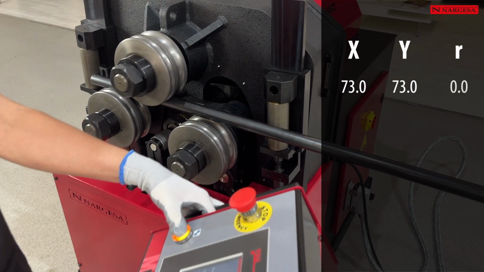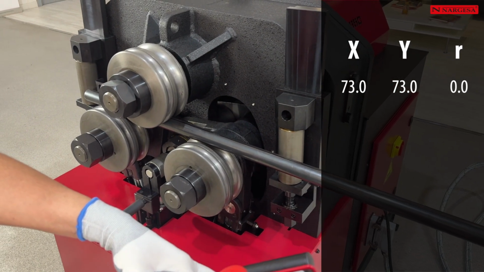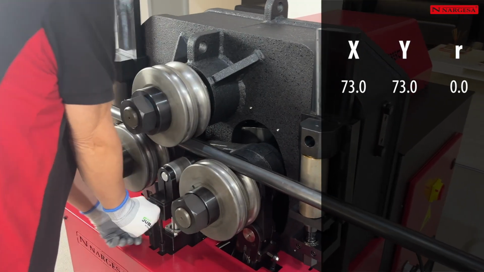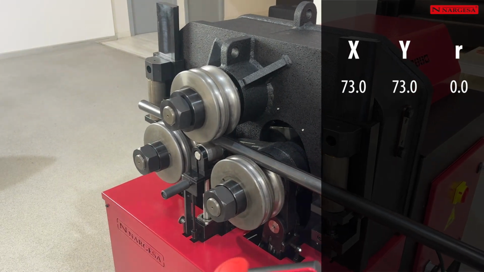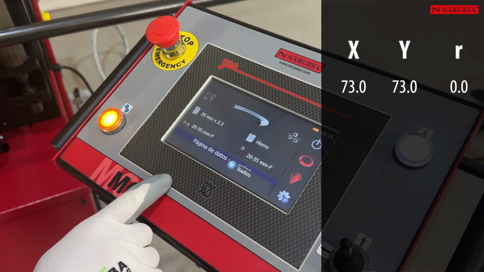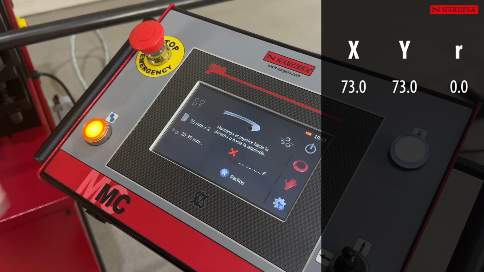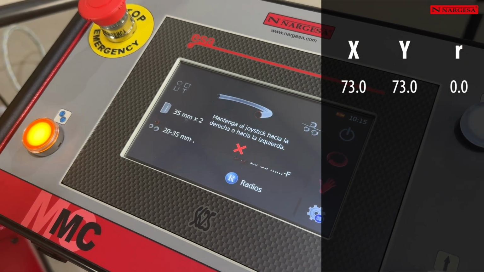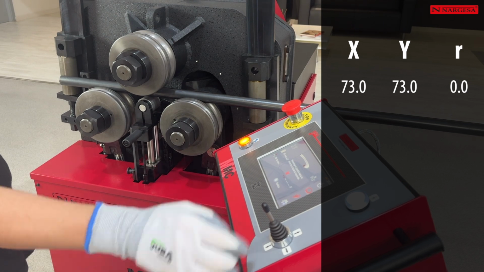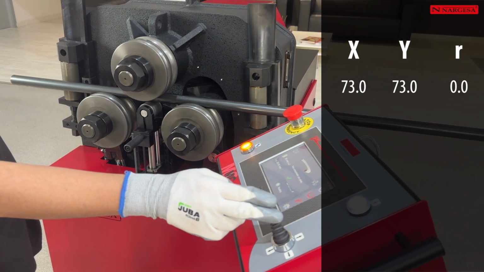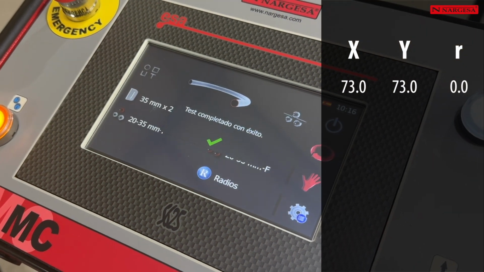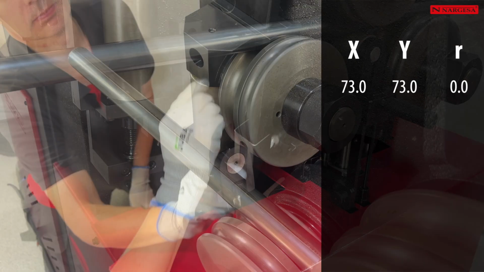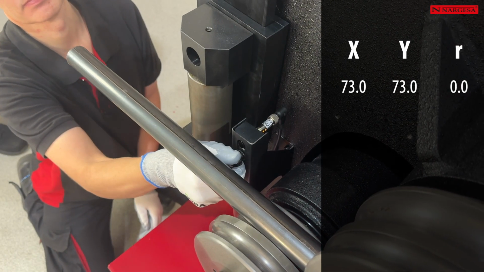Position the lower axles into the profile clamp so the tube is firmly secured. Release the encoder so it goes to the operating position. In manual mode, access the general data, velocity test, and follow the instructions shown on the screen. You must only do this test on profiles that haven't been used before. If they've already been used, the test will have been saved. Adjust the photocell so it detects the tube to be bent.